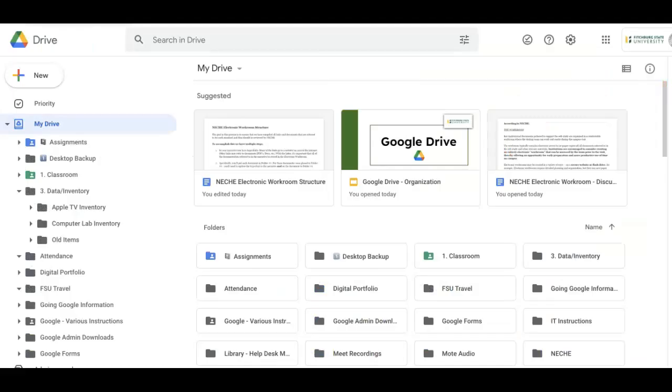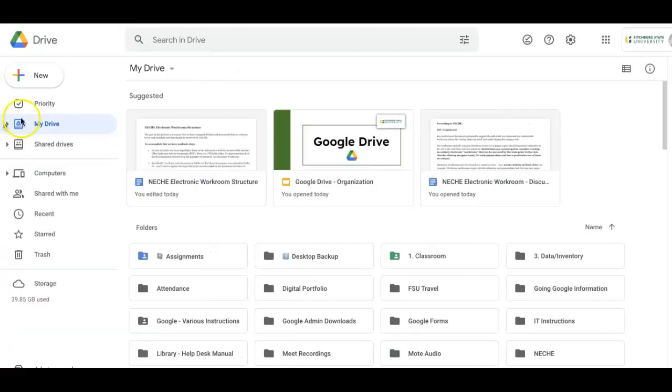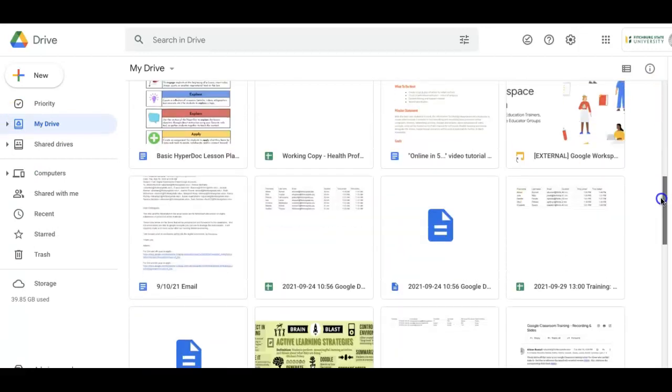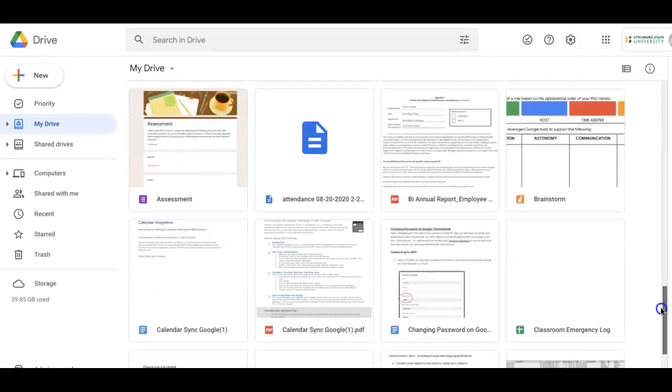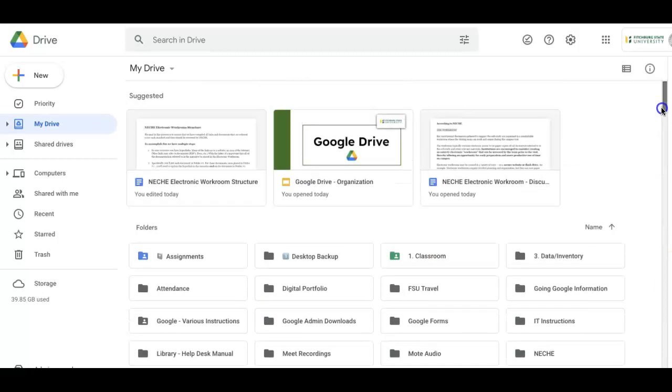Looking at my drive again, similar to yours, this is what it typically looks like when I open it. This may be shrunk down, but you can see all my folders here, and then if I scroll down, I've got all this extra documentation I've not yet filed. However, if you go up here to the top right, you can see it says list view.